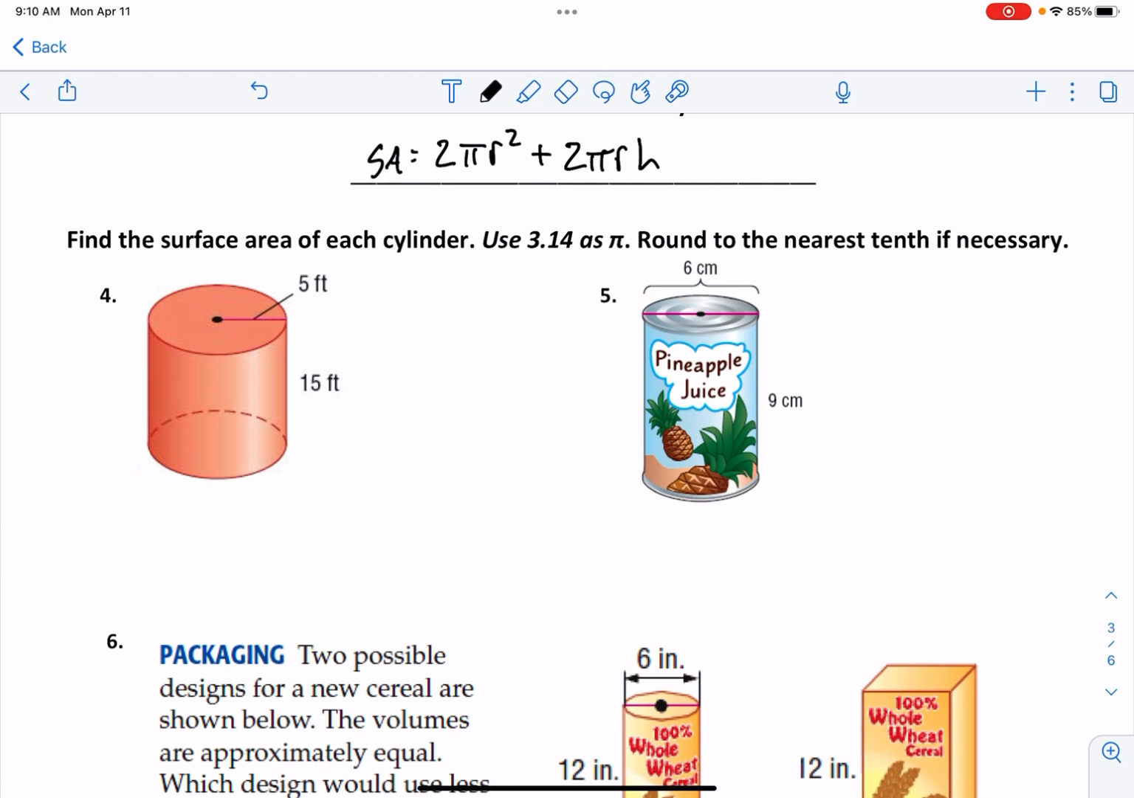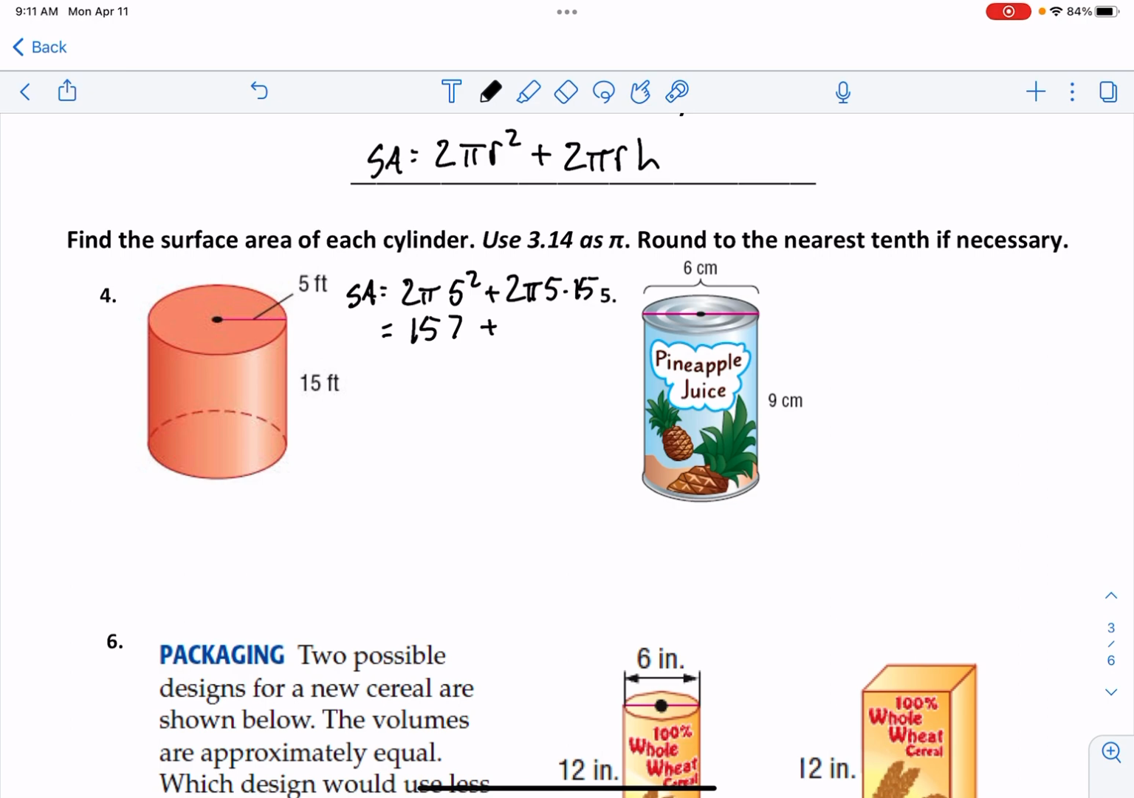So surface area for this guy, we've got 2 times pi times, well, our radius is 5 squared, plus 2 times pi times 5 times 15. A lot of timesing going on here, but not that bad. So we have 2 times 3.14 times, well, 5 squared is 25. So we get equals 157 from this chunk, plus